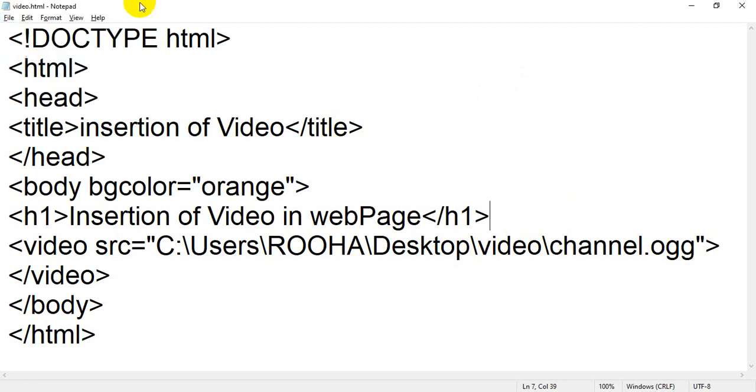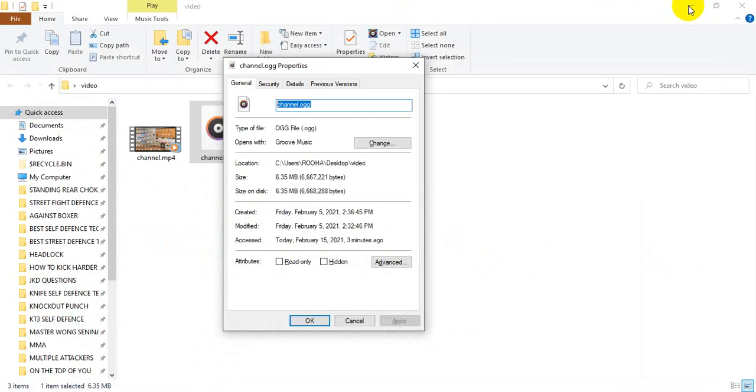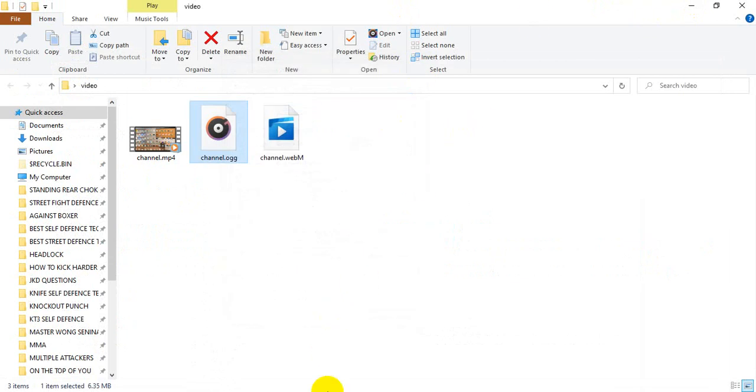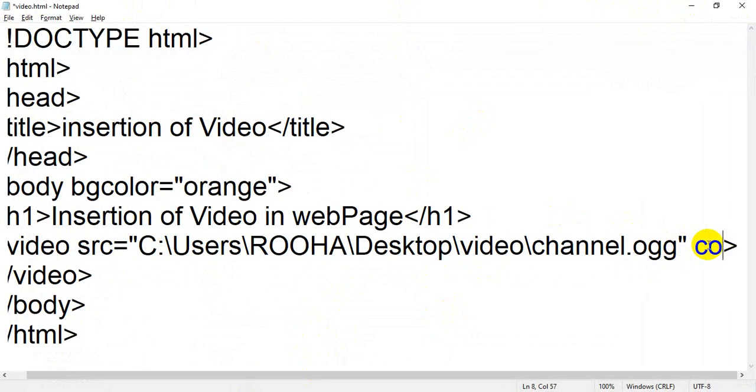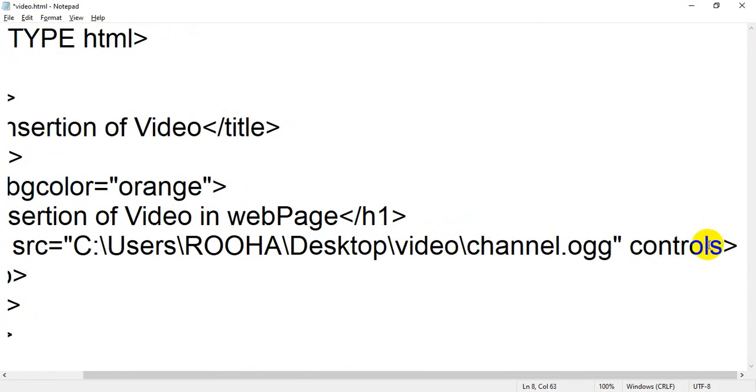Okay, I have saved. Now I just want to show you the output. This video file will play, but we need to add some controls so you can clearly see the picture. Let me add controls, because in our question it is also given that we need to add controls. Okay, I have added the controls attribute too.